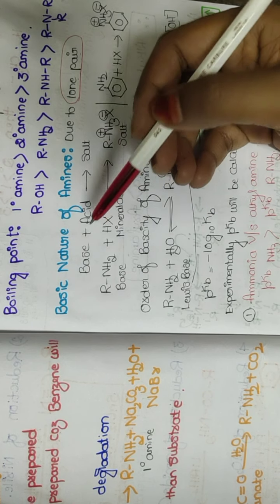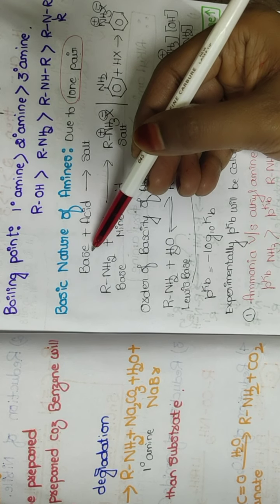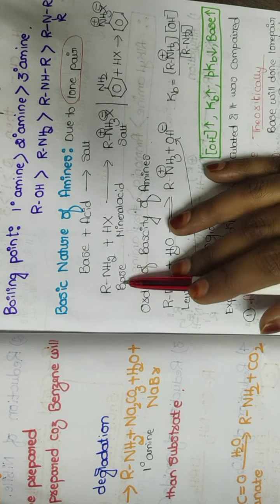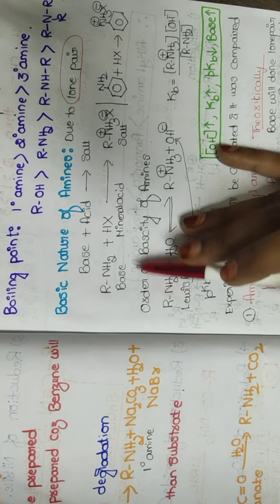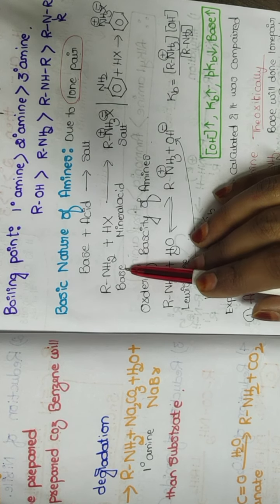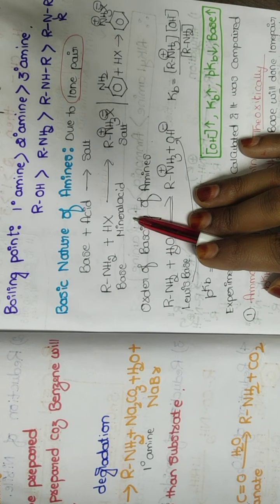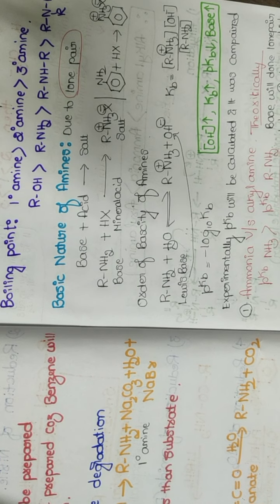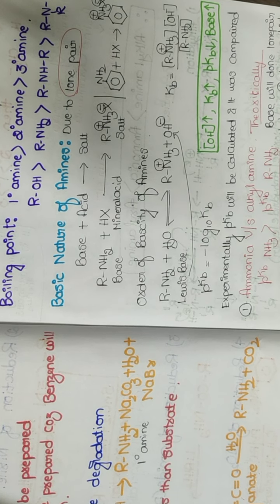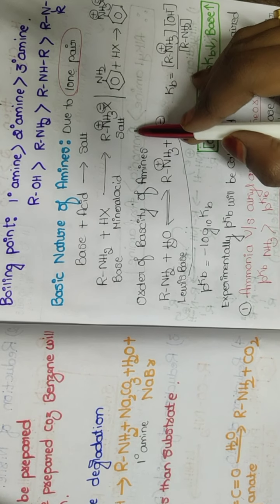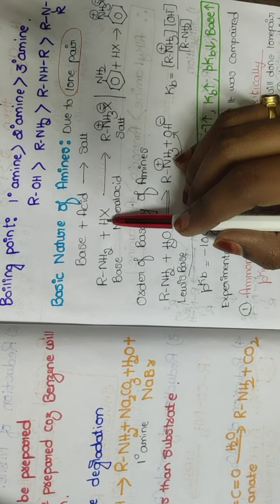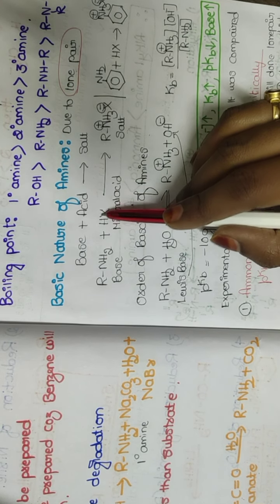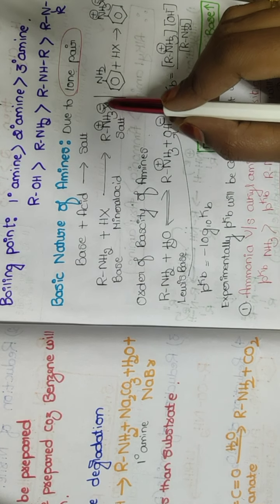So you know that whenever we have a basic compound, it will react with the acid to form a salt. Now let us look, if I take an amine, a primary amine, which is behaving as a Lewis base, and I make it react with a mineral acid such as hydrochloric acid, hydrobromic acid, hydroiodic acid, and so on, what will happen here? You will end up with a salt formation. How do you get a salt formation? Hydrogen will be added here because of the lone pair of electrons, and the halogen X will be leaving as a halide ion, that is X minus.